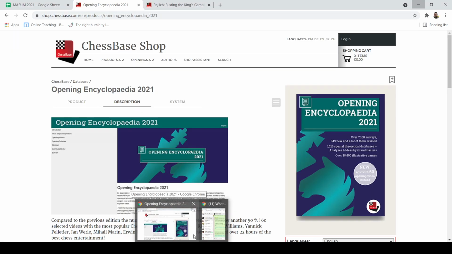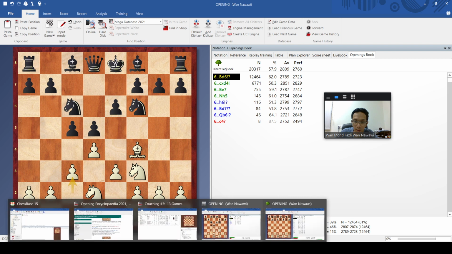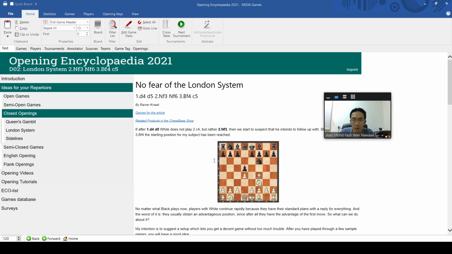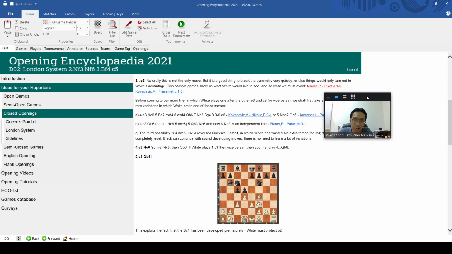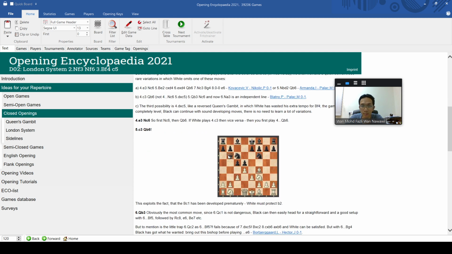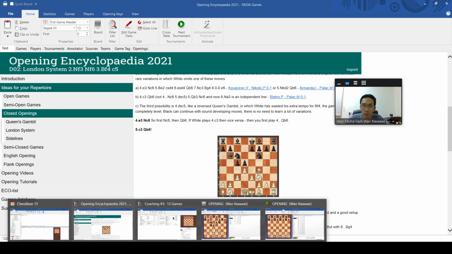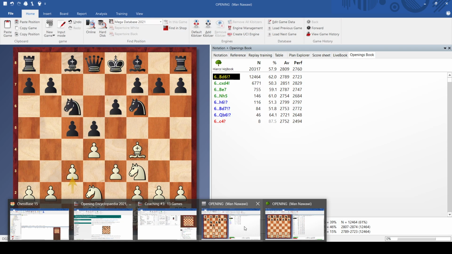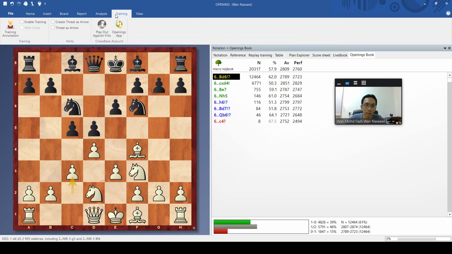The one in the article here, where is the article? Let me open the opening book here. So the opening in this article, this GM recommends this, but it doesn't mean this is the only way to play. You can play many ways, but at least here you understand why they play that. For example, they recommend to play Queen B6 instead of others. So that's the recommendation. So let me make it small.